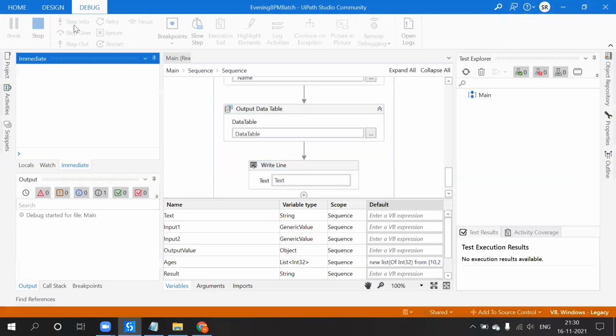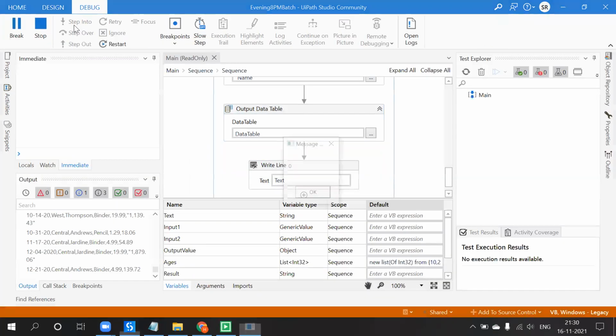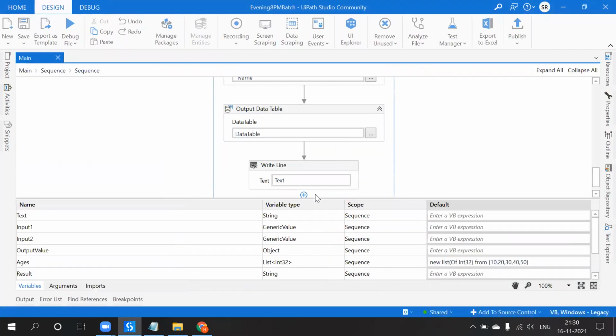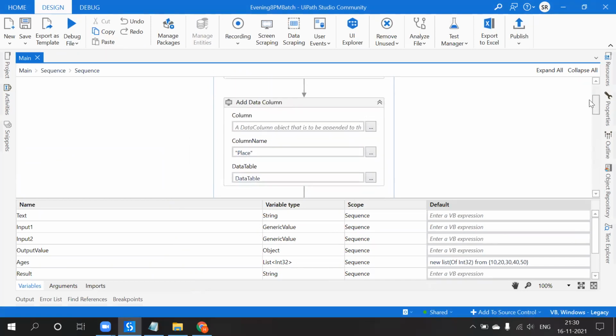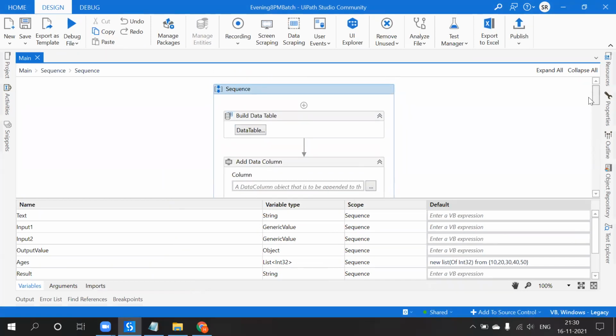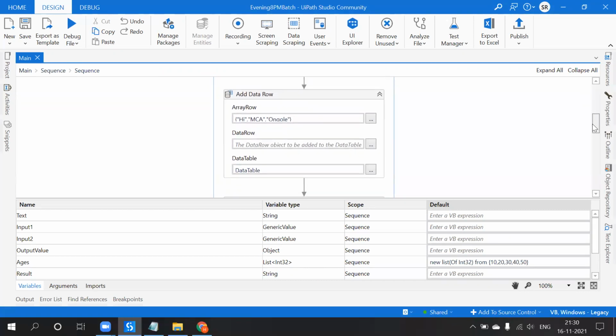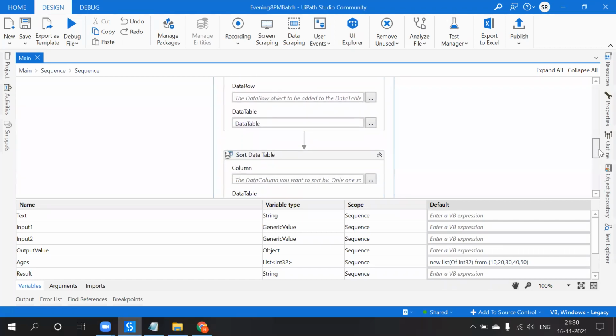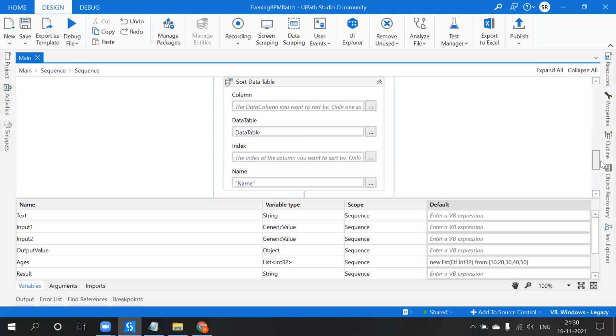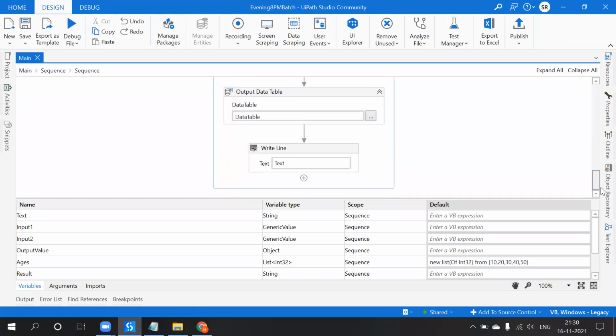I forgot to explain. Previously we used one activity called read text, extract text. Wait, there is no zero row. What is this nonsense? Where is it executing? Okay, row data table. Data table sorting using data table, and here it is.